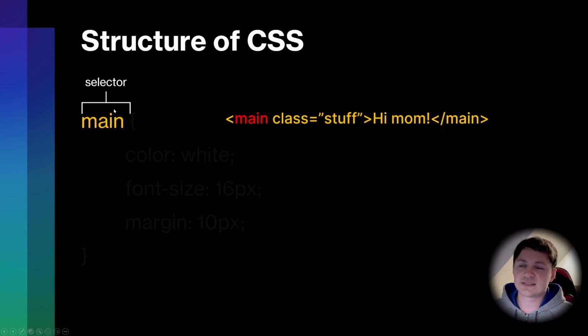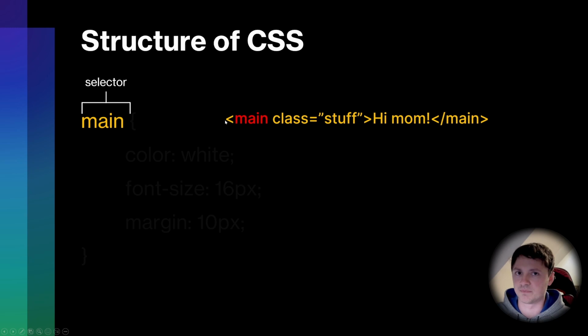So as a selector we can also use the name of the element. So in this case we've got main, right? So you can see it then will apply to every main element. Because if we use class, it will apply to every element that uses this class attribute with the value of stuff. But if we use a selector that's the name of the element, then it will apply to every element. Actually, in the case of main element,